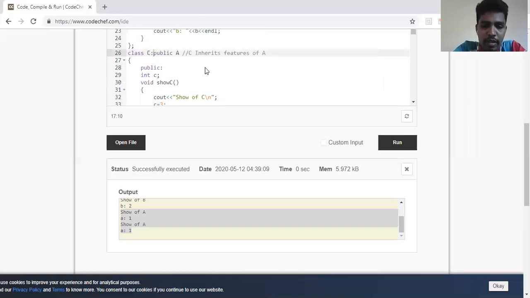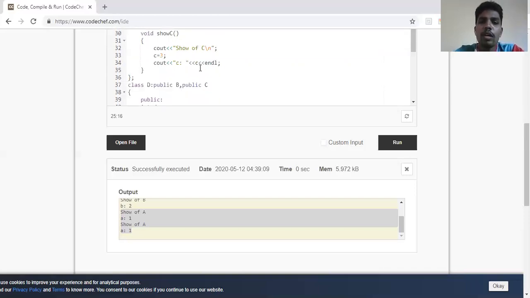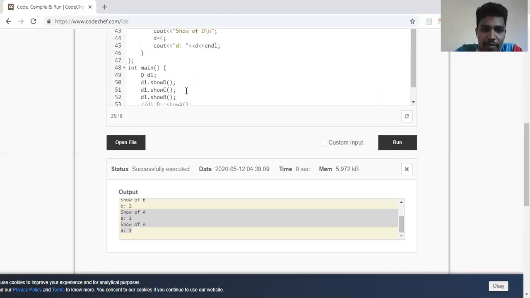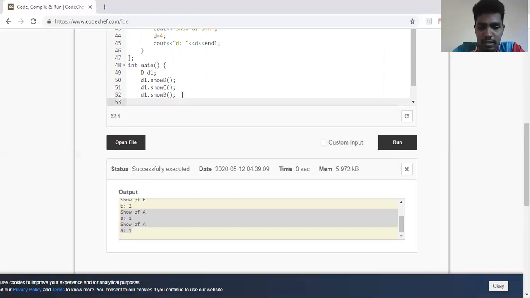So I'll be writing virtual. Okay. So if I write the virtual keyword, it's telling my computer to remove the ambiguity and take any option of its choice path. So now if I write, see the d1.show A.